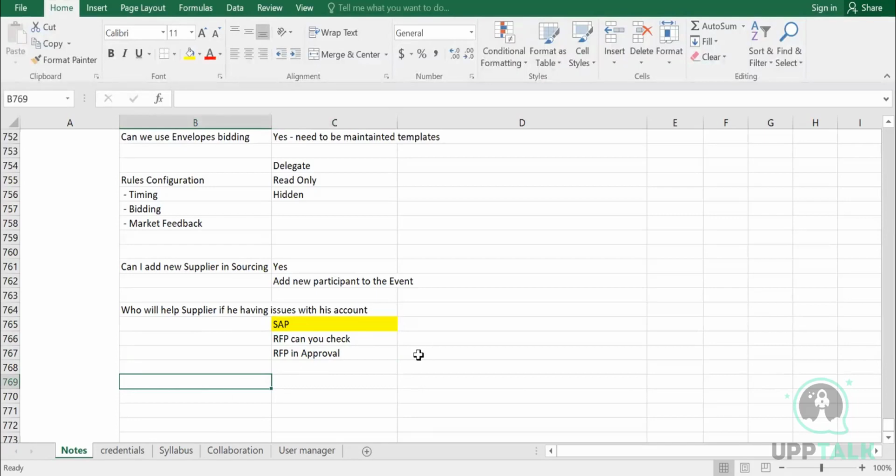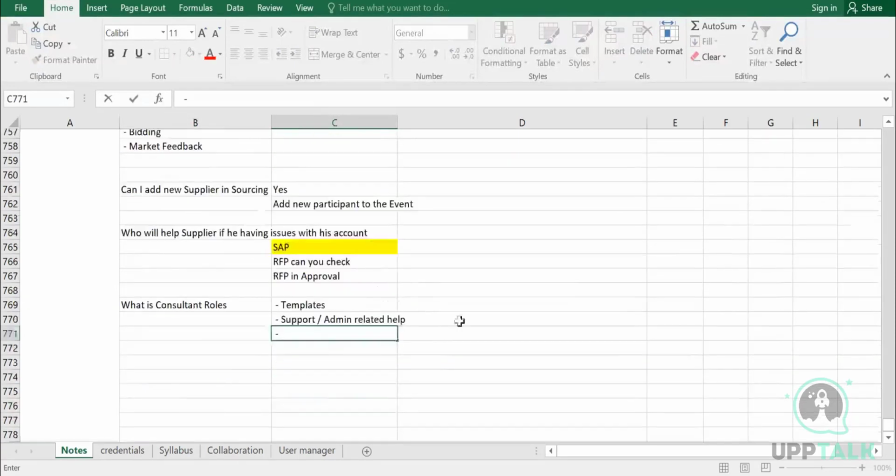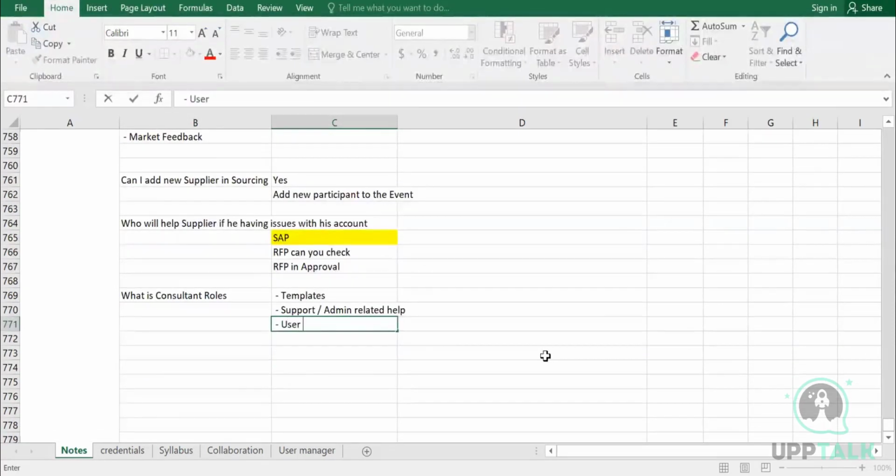Now, then they will also ask you what is the consultant role. Then you can give n number of issues. You can say that templates are managed by consultants. Any support or admin, what you mentioned is correct. Admin related help we are only providing, and consultants are also helping with user trainings,